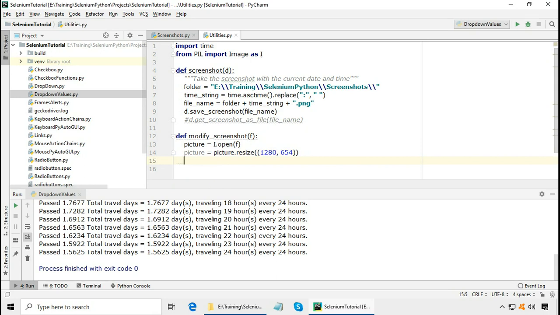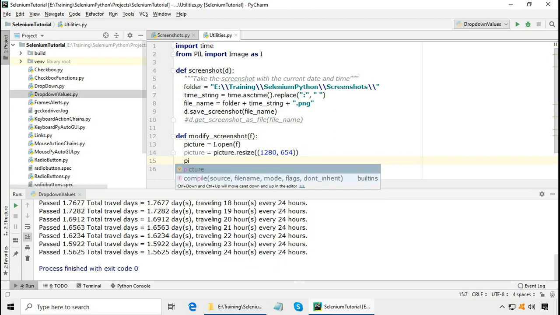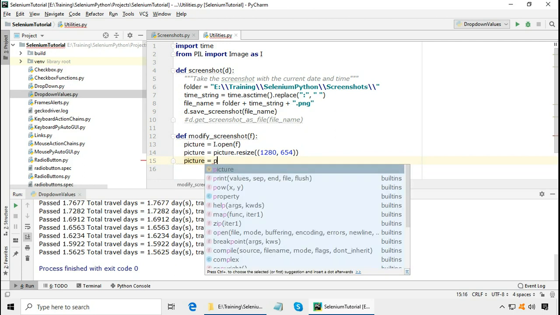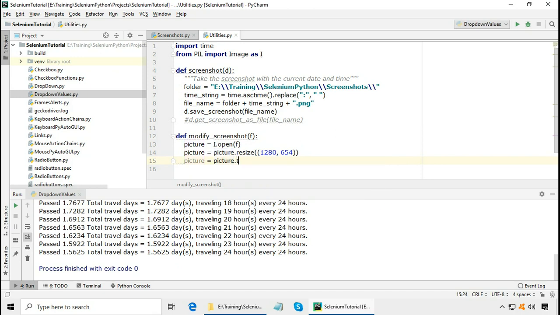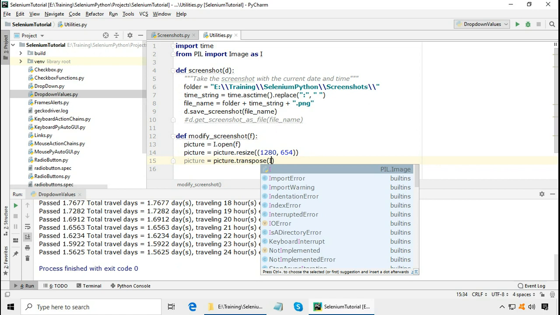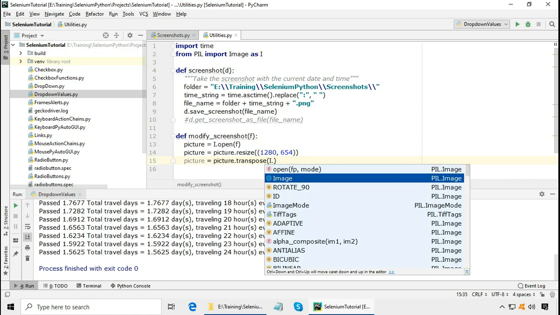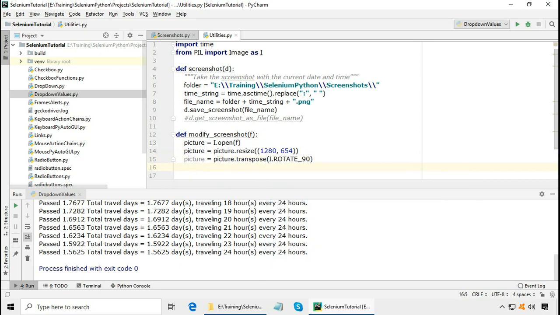Using PIL it's also possible to rotate the screenshot. Picture is equal to picture dot transpose, and we can rotate it by 90 degrees, or we can crop the picture to take only a Selenium Python screenshot element.